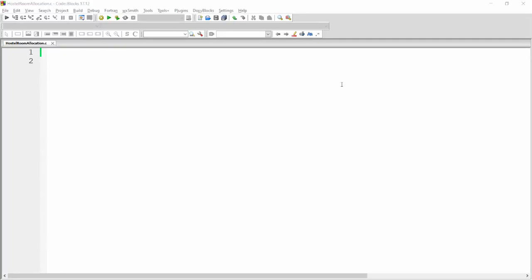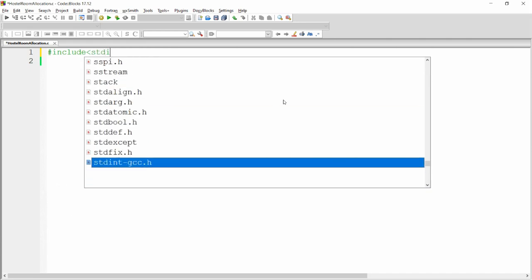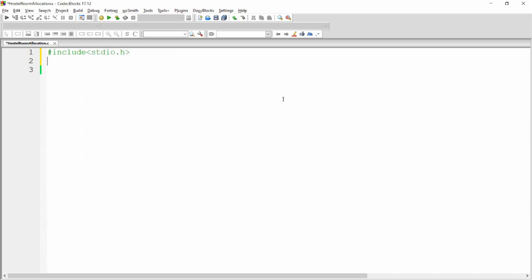Today I will demonstrate how to create the hostel accommodation system in C. I will accept student information from the user and will allocate a random unique room number to the students. So let's do the same thing practically. Let me add the header file over here, that is #include <stdio.h>.